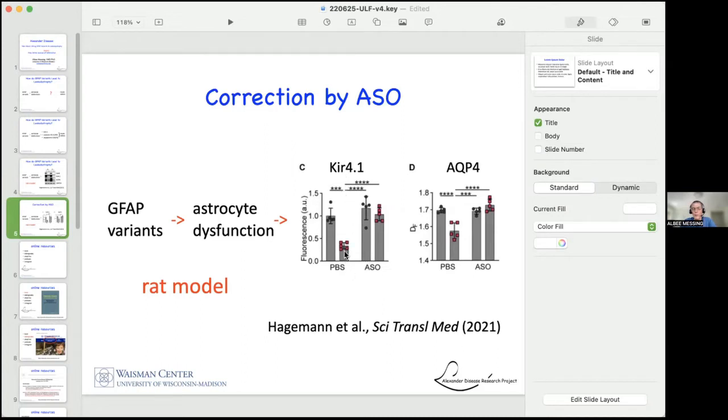Here you can see the Alexander disease rats have much lower GLT-1 compared to the wild type animals. Aquaporin 4, same thing. These are animals treated with phosphate buffered saline as a control, but those animals treated with antisense show a substantial rescue, essentially back to control levels. So it's these kinds of findings from the animal models that have really motivated moving from the lab bench into